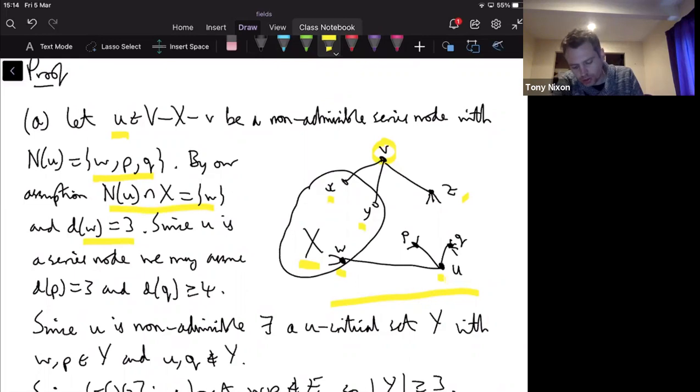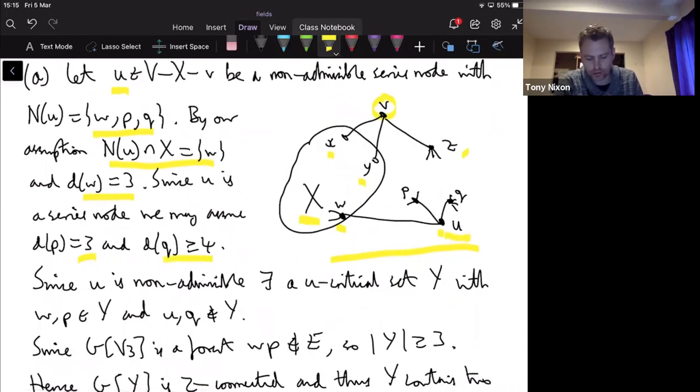We also said that U was a series node, so we know that 2 of its neighbors have degree 3 and 1 doesn't. One has degree higher than 3. So let's say that P has degree 3 and the degree of Q is at least 4. Okay, so now we have this exact picture on the right,